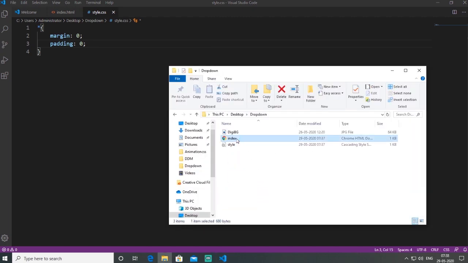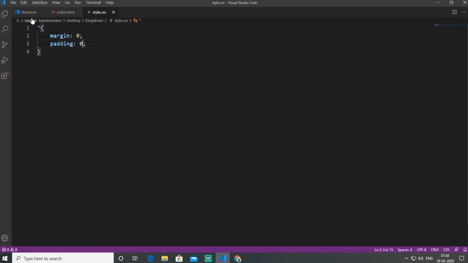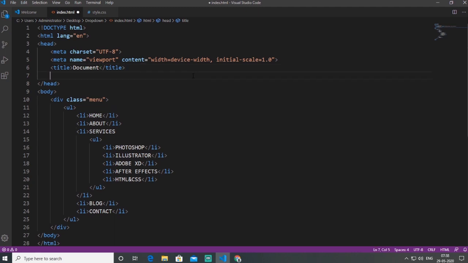When I open my index file in the browser, my margin and padding is not working right now, because the CSS file is not linked to my HTML. So I go back to the index file, press enter, and link the file here.